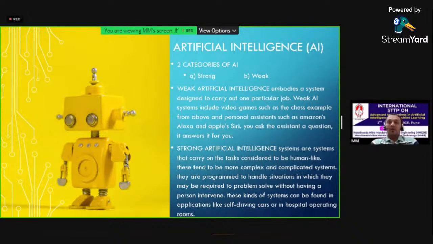Long back, there was a movie called Minority Report, where they portrayed an AI system that predicts that a crime is going to be committed, and police are able to stop the people before they commit that crime. That is how the AI predicts. Based on the area, the people who are living there and how they are behaving, the AI system in that movie predicts the crime.